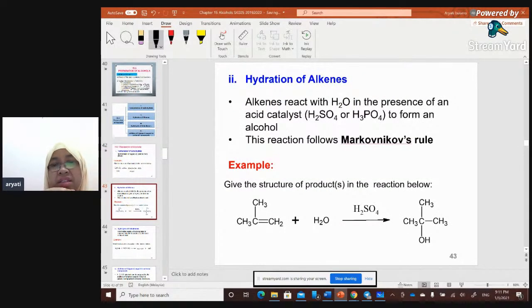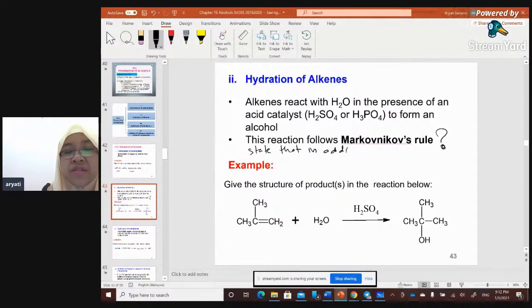The second method in preparation of alcohol is that alkene reacts with water in the presence of an acid catalyst, H2SO4 or H3PO4, to form an alcohol. So this reaction follows Markovnikov's rule. So what is Markovnikov's rule? If we just memorise it, it will be a problem. So Markovnikov's rule states that